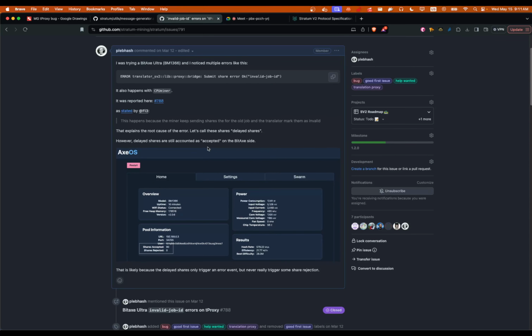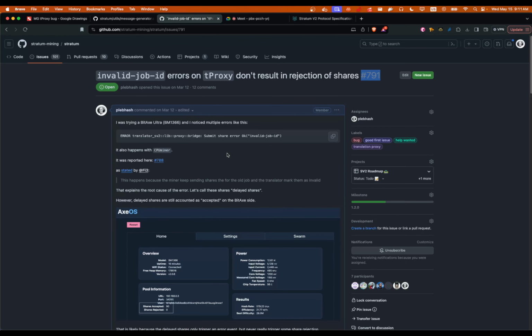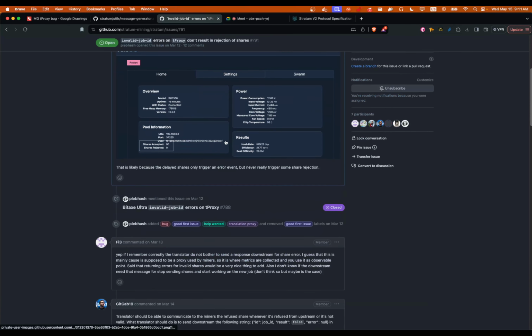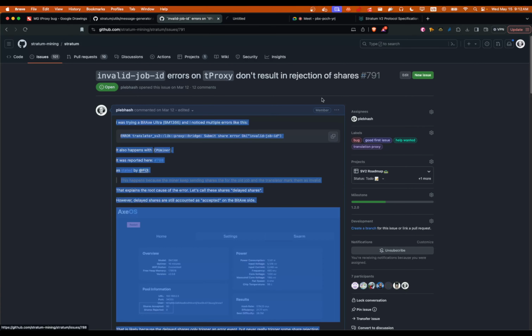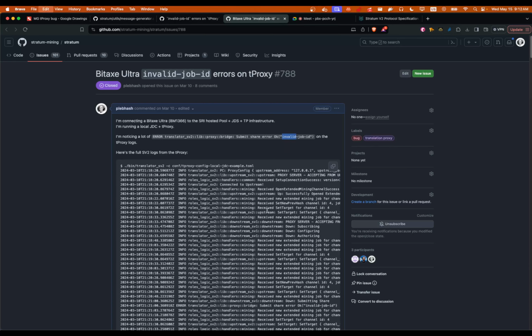So we need to deploy a translator proxy for that, and I saw that when the bit-ax was mining, a lot of shares were getting rejected because the